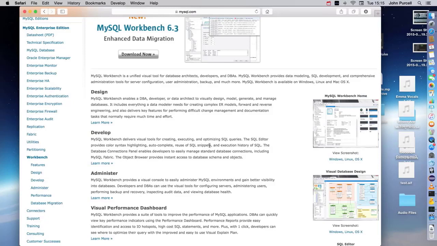I'm going to focus on learning MySQL of the sort that you'd also type on a command line if you wanted to. But this is a really handy tool to have because it just makes it much easier and nicer to work with the MySQL database. When you've installed it,